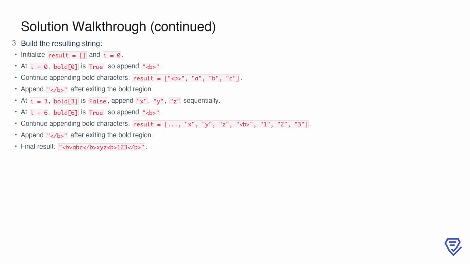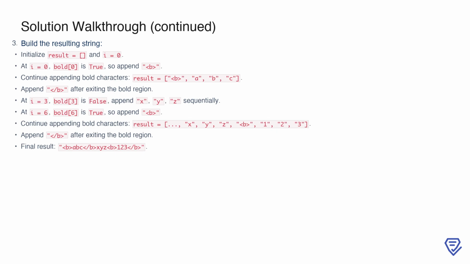Continuing through the string, the characters x, y, and z are not in a bold region, so they are appended directly. When we reach index 6, bold[6] is true, so we append another opening bold tag, followed by the bolded characters 1, 2, and 3. Finally, we append the closing bold tag to complete the bold region. The fully constructed string is